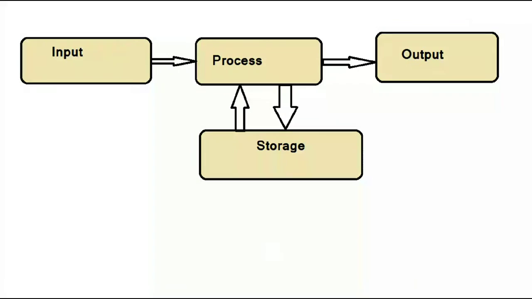Fine? Okay. Now we are going to our first chapter. In the previous class, we learned about the four basic operations of a computer, that is input, process, output and storage. So in this class, we are going to learn all these things in detail. Our main focus will be on the process.